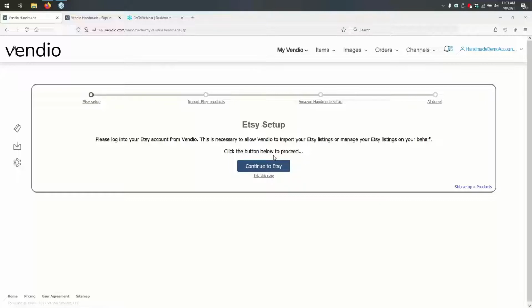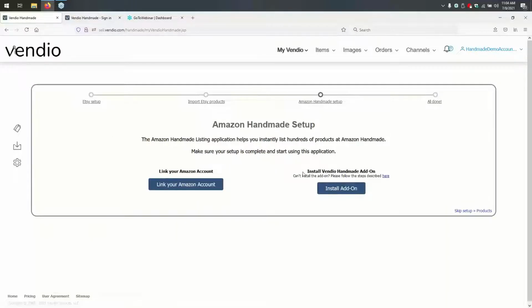After you've added your Etsy account to Vendio, then you'll be able to import your items into Etsy. The next step after that is to set up your Amazon Handmade connection. If you're not selling on Amazon Handmade, then you can simply skip this step. But if you are, then first you want to click this button here to link your Amazon account to Vendio, and then you'll be directed to log into your Amazon account, where you can click to connect your Amazon account